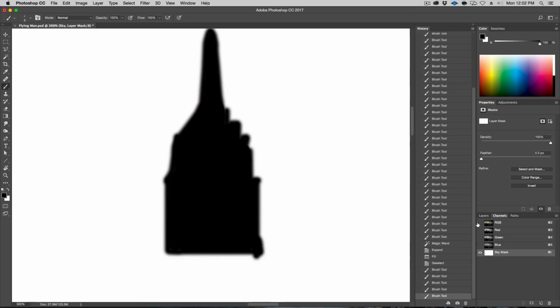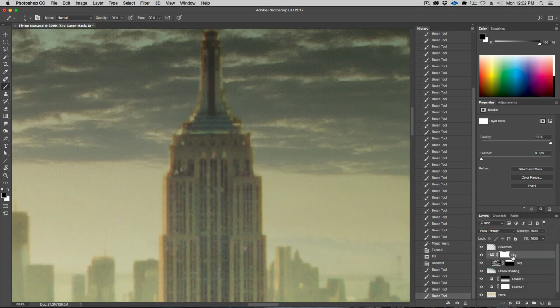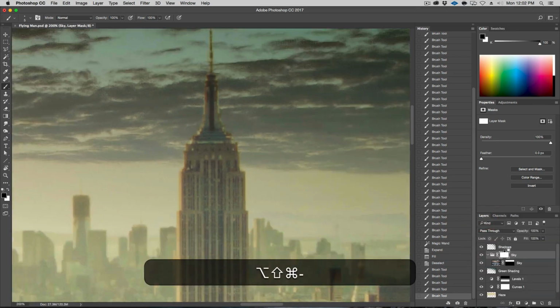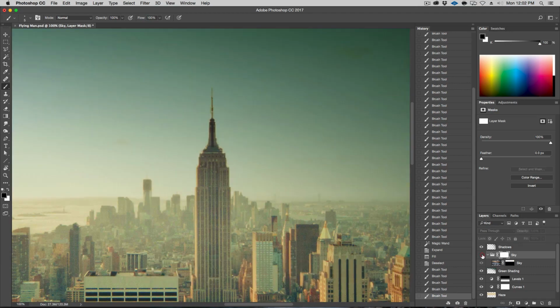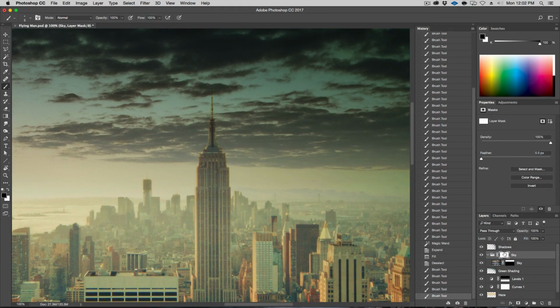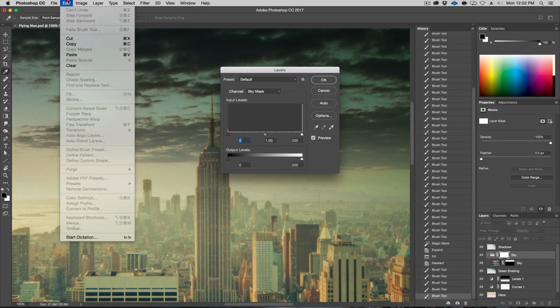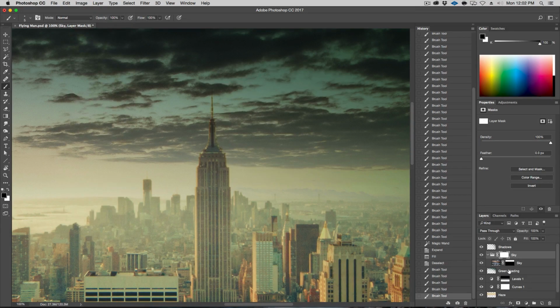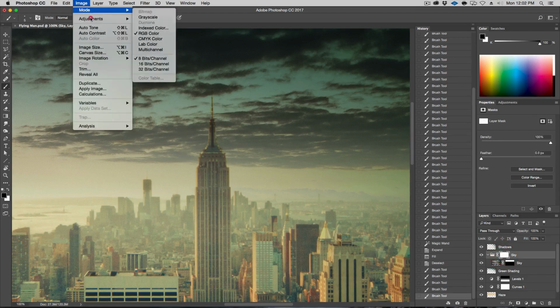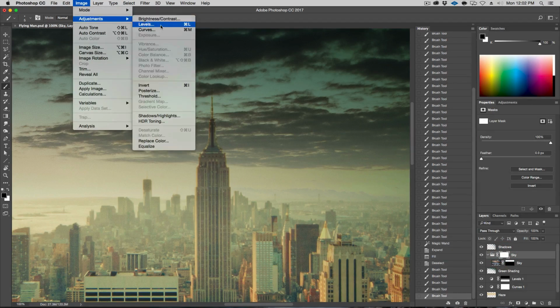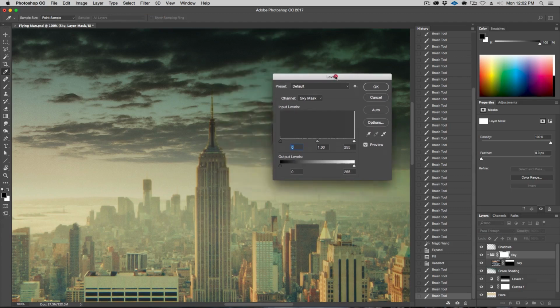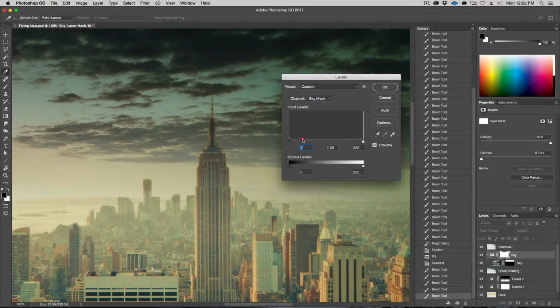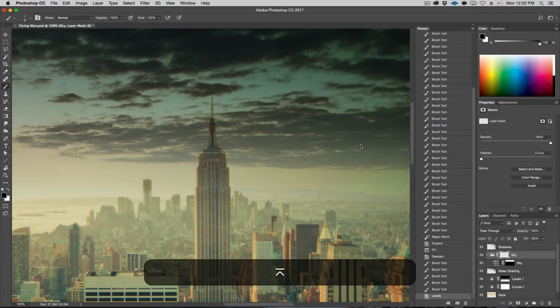Anyhow, there we go. Put the RGB back, hide the mask, come back here, and pretty good. It's a little too wide, so I'm going to go in here and go to Levels, Command L, or if you go to Image Adjustments, here, I'll show you. I'm selecting on the mask, Image Adjustments, Levels, Command L, right? And here, I can darken or lighten the mask, making the blending fit better. Pretty cool, huh? Something like this, and that's better.